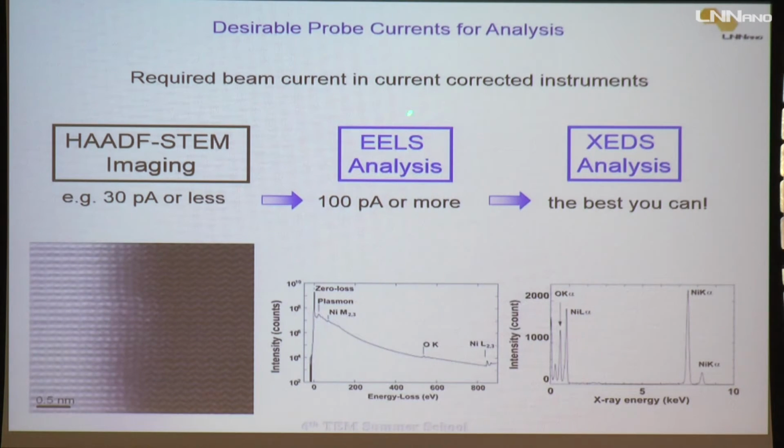Thinking about the corrected instruments, just the numbers, okay? For a good ADF STEM imaging, you want to have 30 picoamps or less. For EELS, 100 picoamps. And for the EDX analysis, you put all that you can, okay? Because